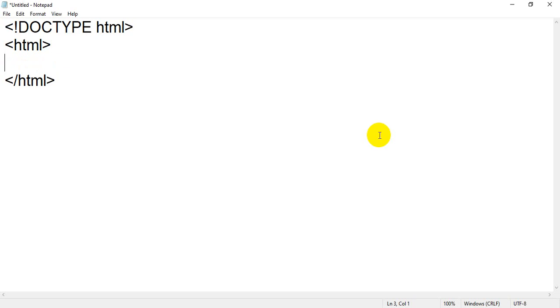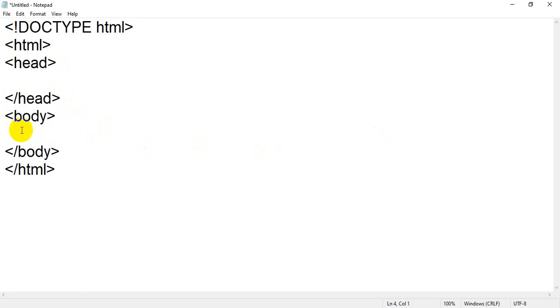Between these two HTML tags I will have some other tags, like on top we have head and closing head. After that I have the body tag. You can write a title tag, but it's not compulsory, it's up to you whether you want to use it or not. These are the basic HTML elements or tags required to create any page. Now you have a choice: you can insert JavaScript between the body tag, or even between the head tag. It's up to you.